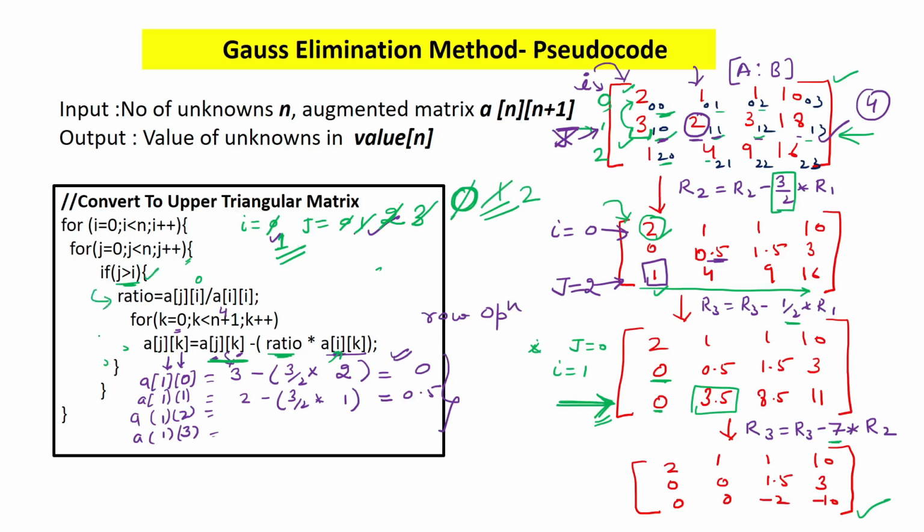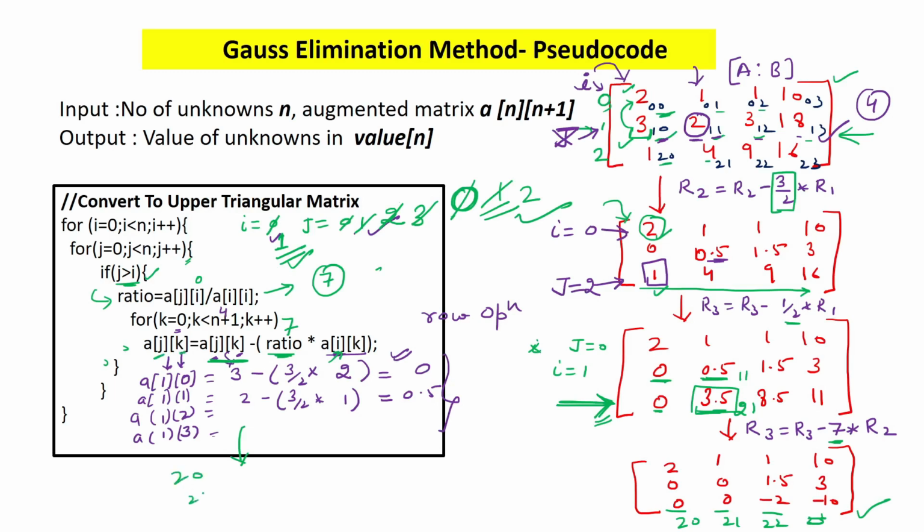And I have to find the ratio now. So what ratio do I want? I want 7. So how did I get 7? 3.5 divided by this 0.5. That means this is the 2 1 index and this is the 1 1 index. Both should be divided. So if you see, j is 2 and i is 1. If I put it, then I will get the answer as 7 for the ratio. And if I put 7 as the ratio here, what indexes will I change? I will change this row's 3 indexes. That means indexes 20, 21, 22 and 23 will be changed. So here j is 2 and k is 0.